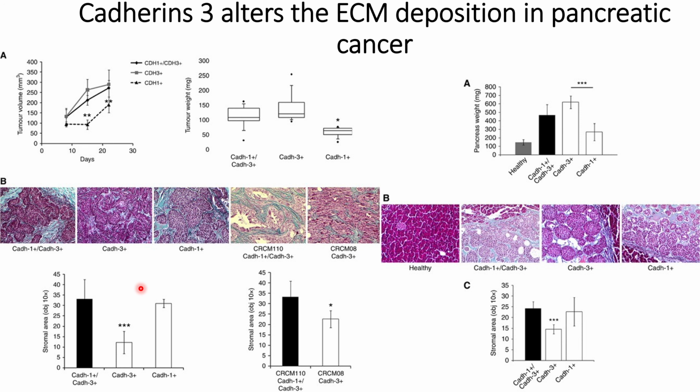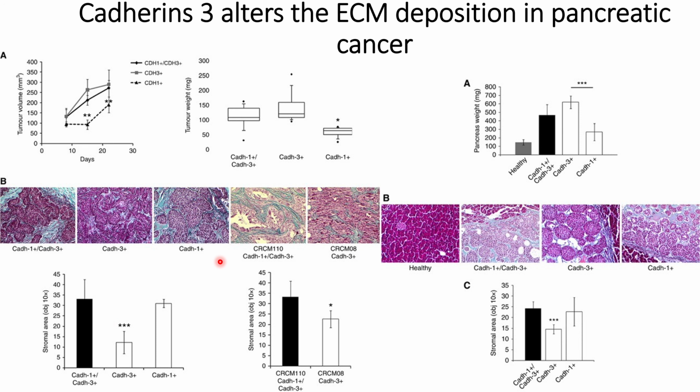And in the subcutaneous injections of the tumors in the mouse models, we also see less stroma formation when Cadherin-1 is absent. So when it comes to tumor weight or tumor progression, it's the Cadherin-3 knockdown that causes a decrease in tumor progression or tumor weight. But when it comes to the ECM, we see that Cadherin-1 knockdown causes less ECM